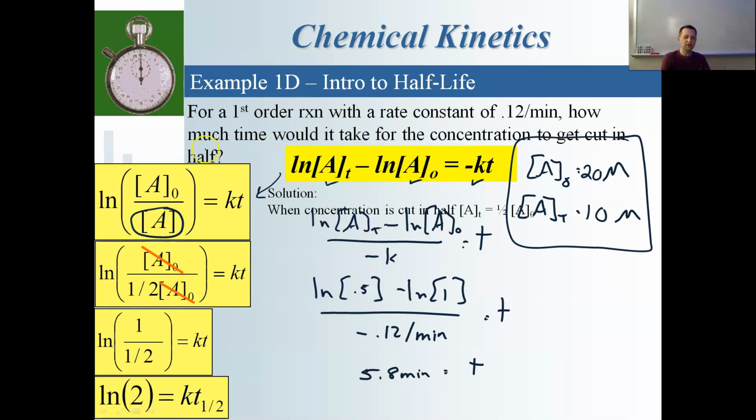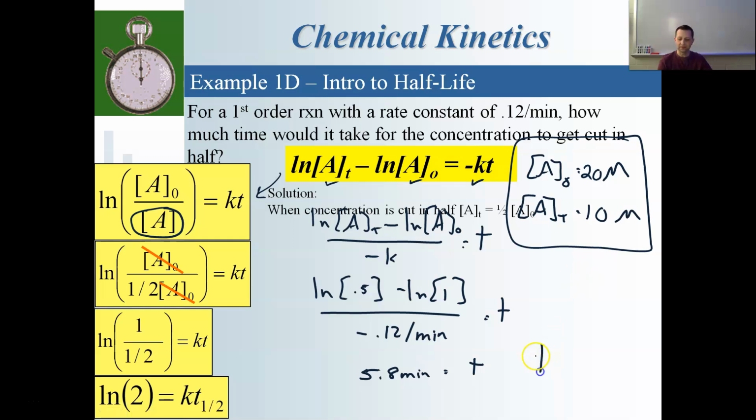What you see here on the left, when I simplified this and reorganized it, is you're always going to get a natural log of 2. Okay, so it's always natural log of 2 equals KT. That's always what you're going to have for half-life reactions first order equations. The College Board equation sheet has this on there for you. It's the only half-life equation you're going to have to worry about, and they actually simplified it a little bit more for you, and you're going to end up with a reorganization of this,